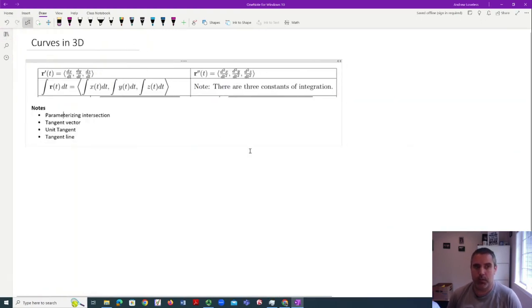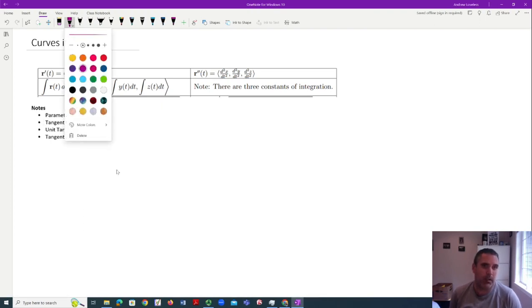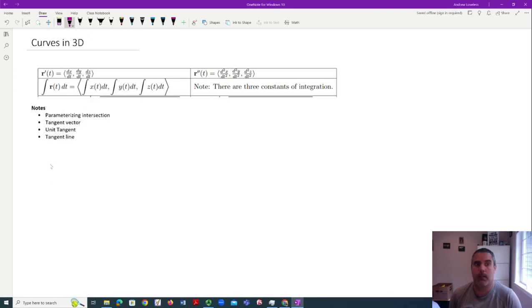Curves in 3D. So first we had some basics. We talked about where curves came from. Sometimes I noticed that on a few old finals, and sometimes students ask about that. So just a quick reminder, we also had this on exam 2. If somebody gives you this, a good way to parameterize it is to say x equals cosine of t, y equals sine of t. Now if the constants are different, let's say you have